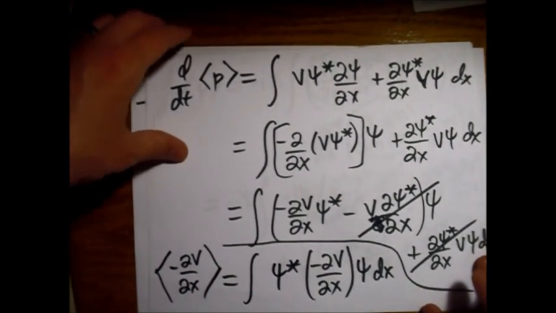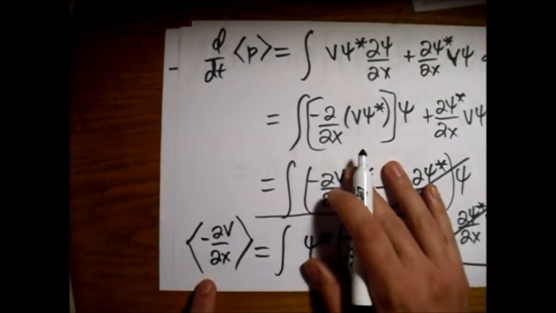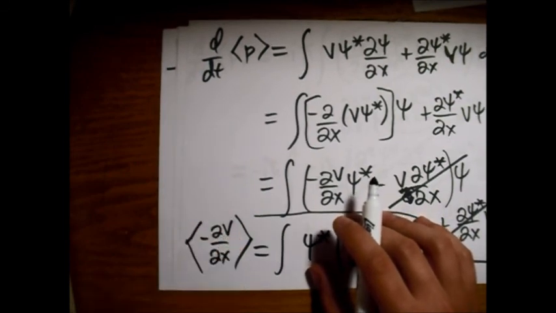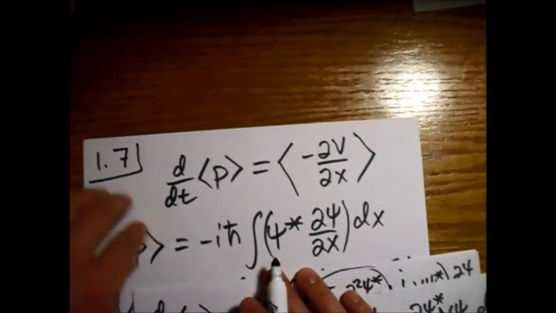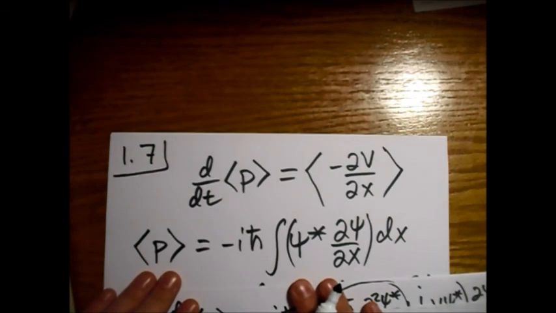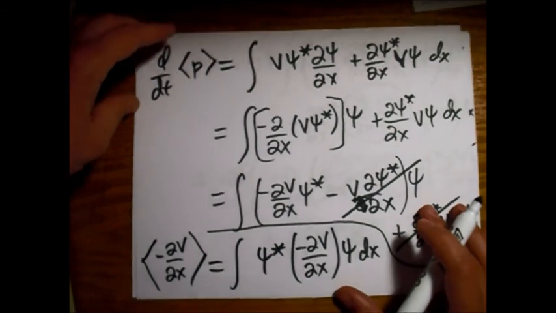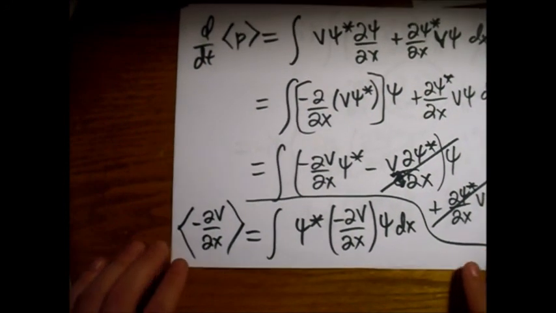So the time derivative of the expectation value of momentum is equal to the negative x derivative of the potential, the expectation value of that, which, if we look way back, this is what we wanted to prove. So we have the expectation values in this example, according to Ehrenfest theorem, or in support of Ehrenfest theorem, that says that the expectation values will follow the classical